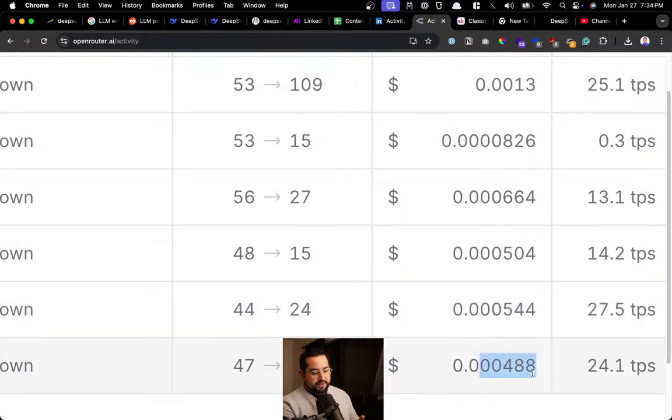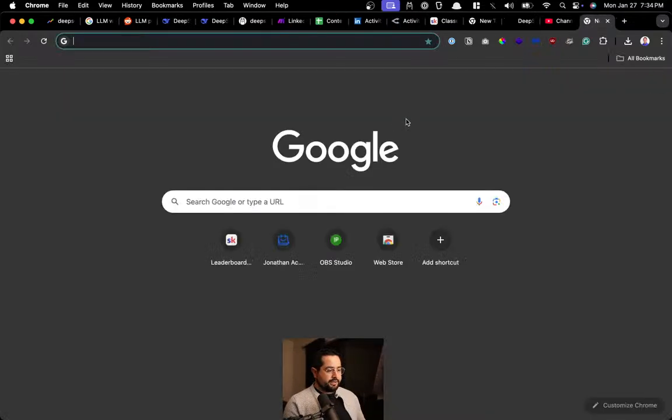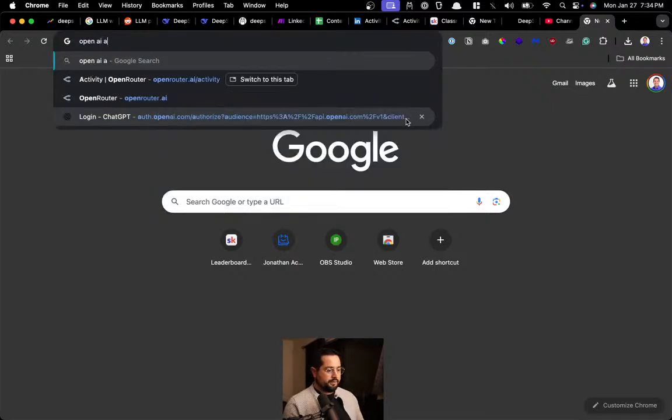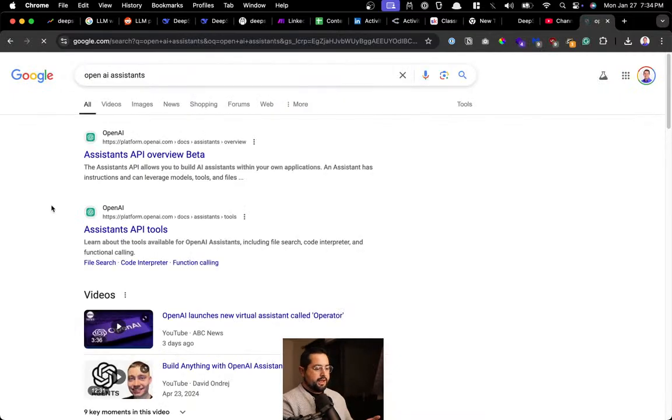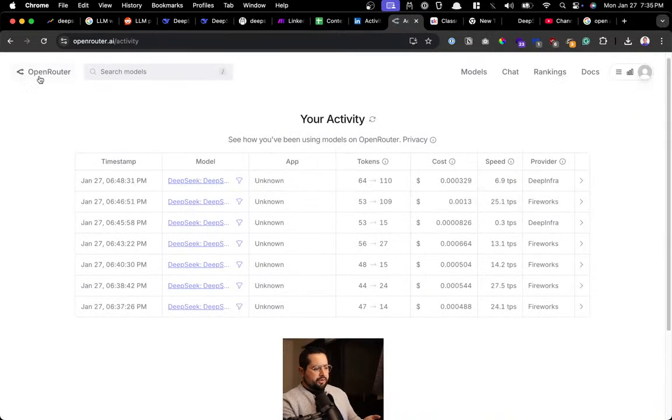But look at the cost. It is fractions of a penny. So that's the other thing. You get something O1 super, which is free, or at least a large language model, and it's much cheaper to run than ChatGPT. So if you remember our other one, we were using OpenAI assistants. We were doing that and just using the API from ChatGPT. So the only difference is now we're choosing the model in Open Router.